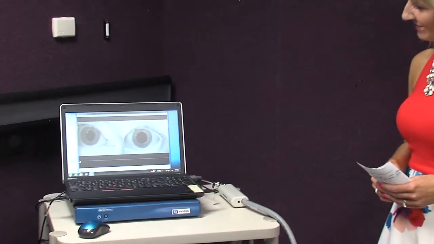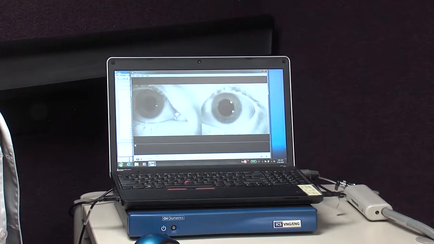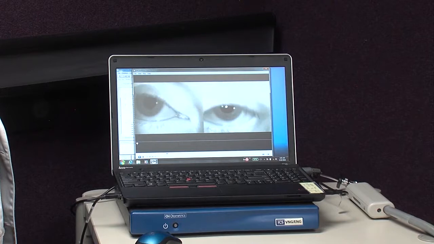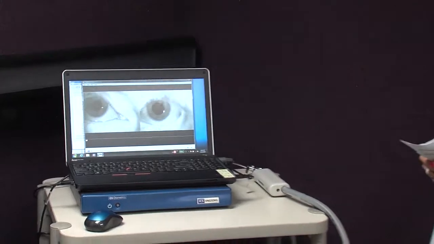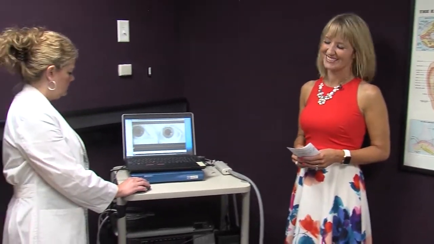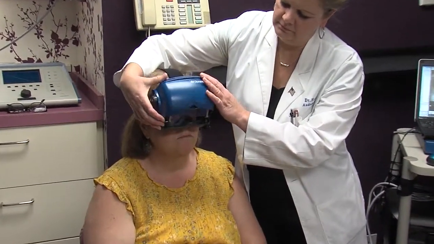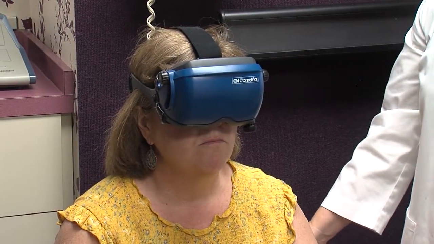We got a picture of what the eyes do. The room is not spinning, the eyes are actually moving. So if you look at these eyes, you see they're jerking, and that jerky eye movement is an attempt to compensate for the fact that the brain thinks you are falling. And by looking at various characteristics of that eye movement, it's helpful in determining what's caused the patient to have the dizziness. We've got a patient sitting here, and just to show you basically how we do this, we use goggles, and those goggles have little cameras in them. So when we pop that thing down, using infrared technology, we can actually measure the motion of the eyes.